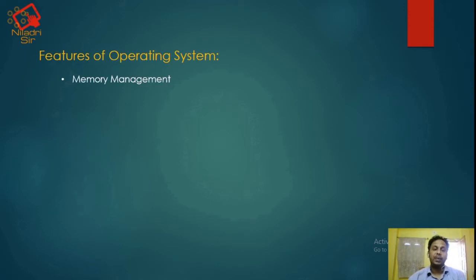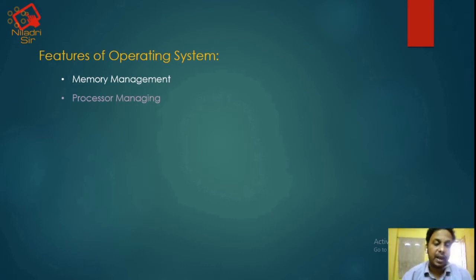First one is memory management. As I told before, memory management is a very crucial thing. In our computer, there are two types of memory: one is secondary memory and another one is primary memory. Primary memory is RAM and secondary memory is our hard disk. Actually, all the programs reside in the secondary memory, and when we want to run any program, it comes to the main memory. So the program runs on main memory and resides in the secondary memory. All these types of memory management are handled by the operating system.